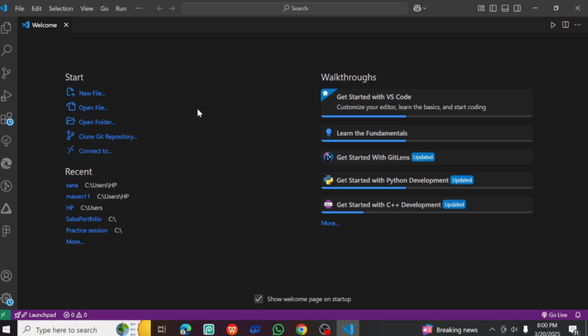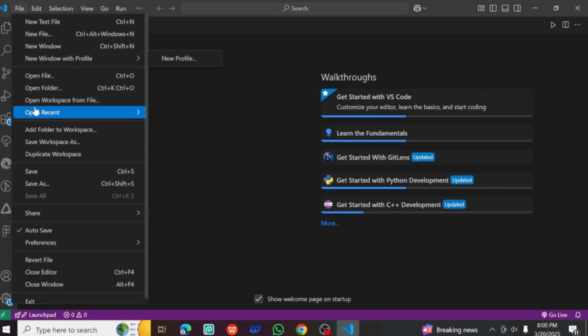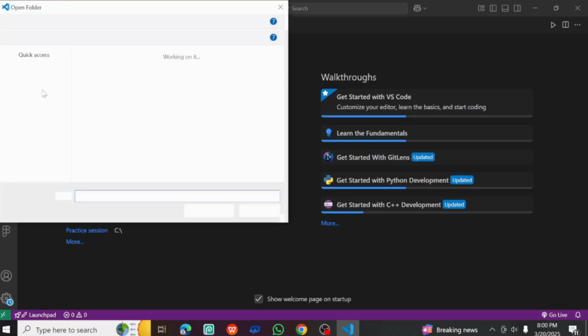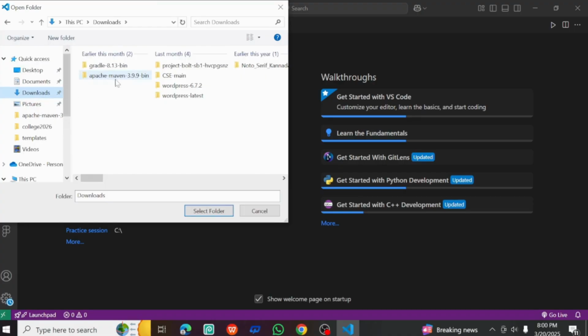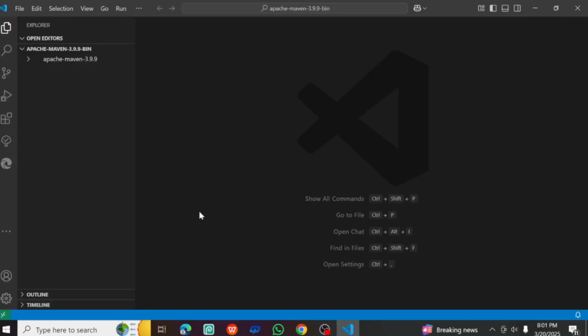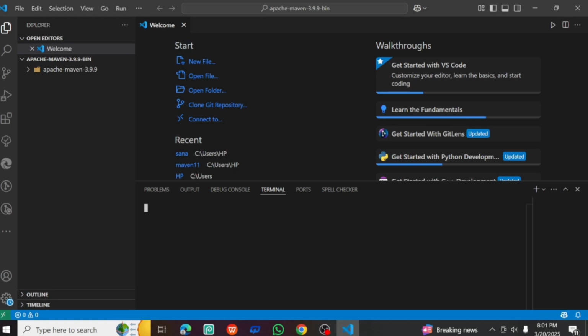To create a Maven project, I am using the VS Code editor. Once you have opened your VS Code, go to the files and open the folder in which your Maven project is present. As you can see, this is the file that we downloaded in our last video. Open this folder, and from here, go to the terminal